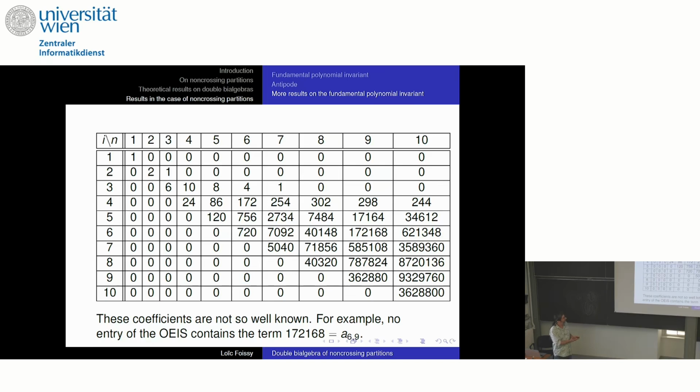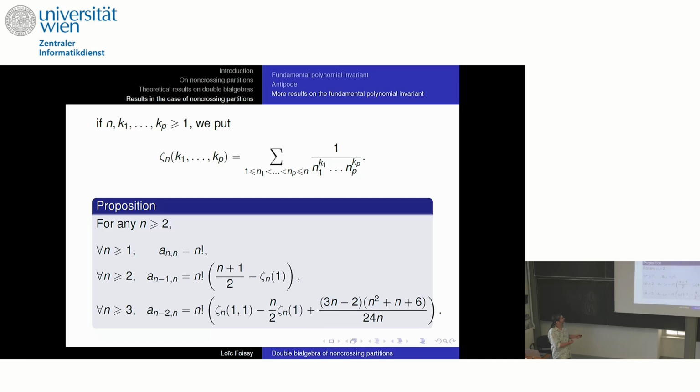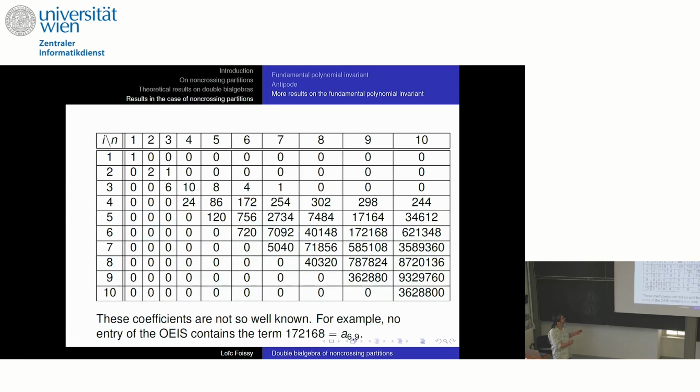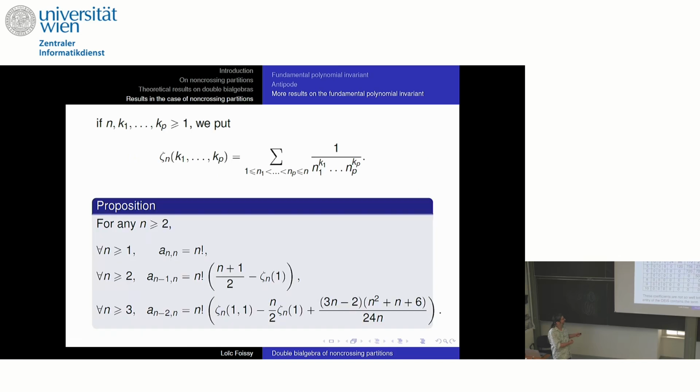For example, I looked for this one in the OEIS. In fact, it does not appear anywhere. Quite strange. I don't know what exactly to say about this. It seems that it is easy. You can find formulas for them according to the diagonals. So for this, it is the factorials. For the second diagonal, so this one, 0, 1, 10, 86, I managed to prove this formula with an